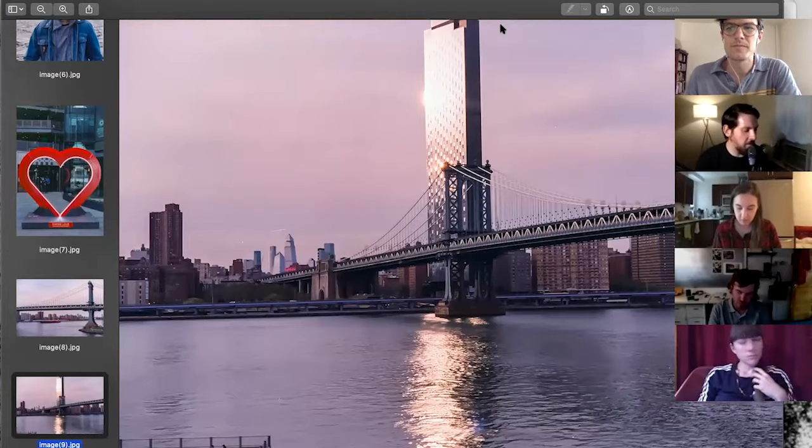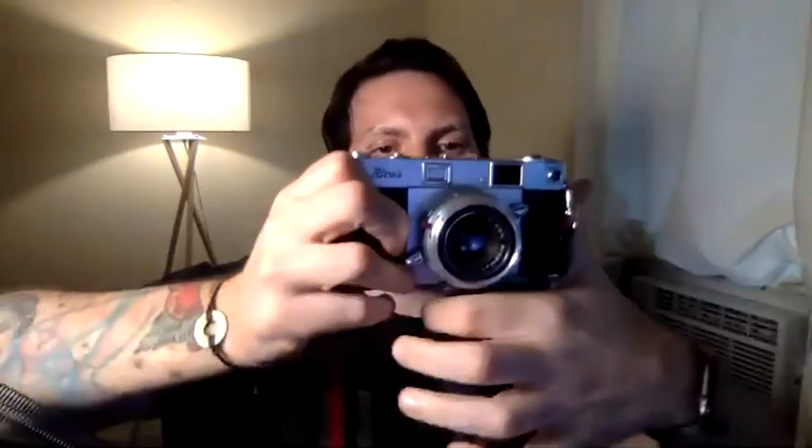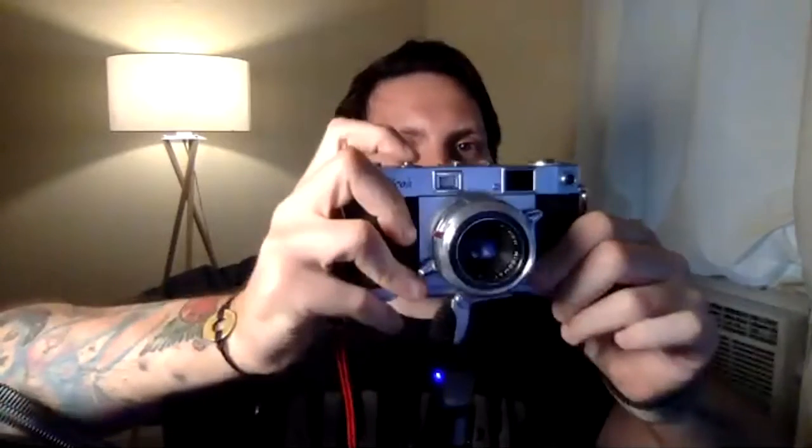First rangefinder I've ever had and ever used. And like I said, it did a really, really killer job. And the way you advance is there's a little lever at the bottom, and you just kind of go like that. Wow. Yeah. And it comes with this thing on the front that you screw on. I think it's supposed to be a telephoto part, but I never used it. I might use it, but